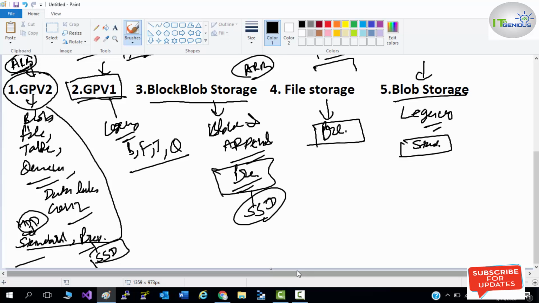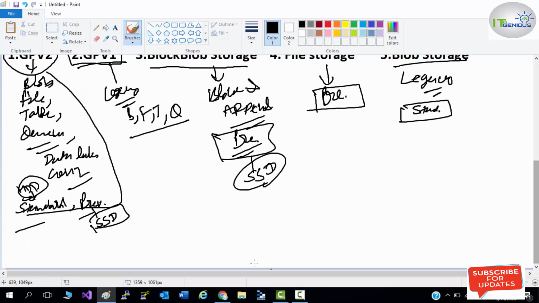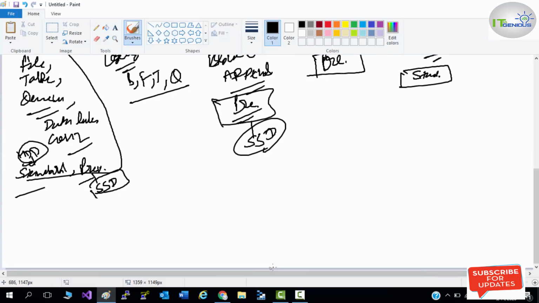Now let's discuss some more features which we have in the storage account. A few terms which we need to understand.